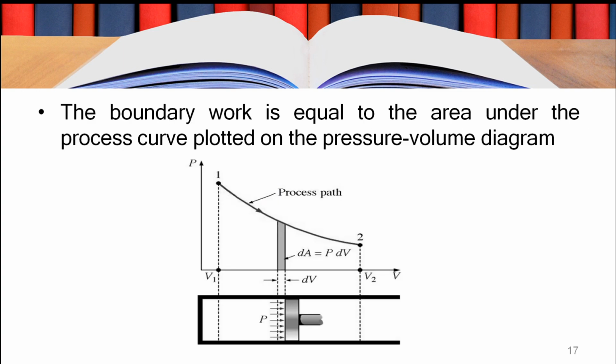Now on a pressure-specific volume property chart, the PV diagram, we can find out the boundary work done as the area under the curve. Since the boundary work is PdV, pressure multiplied with the change in volume, directly the area under the curve will give you the boundary work done, or displacement work.